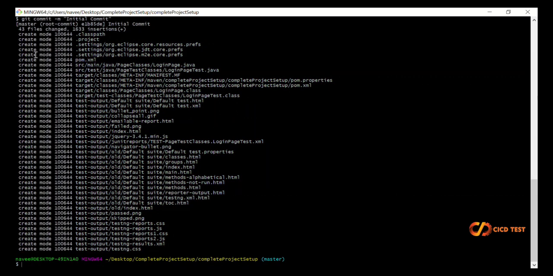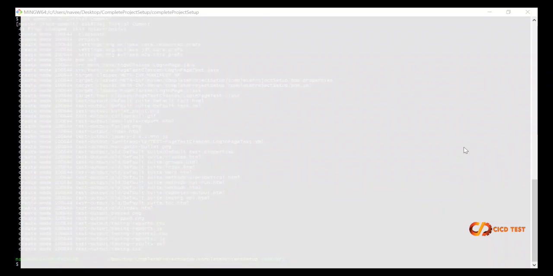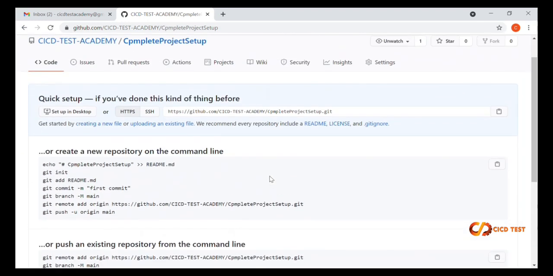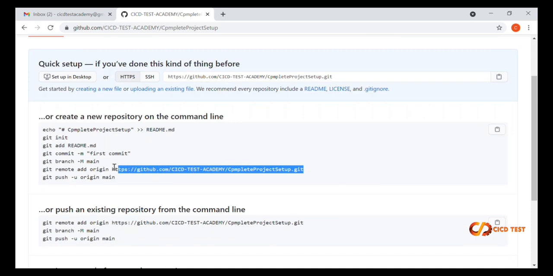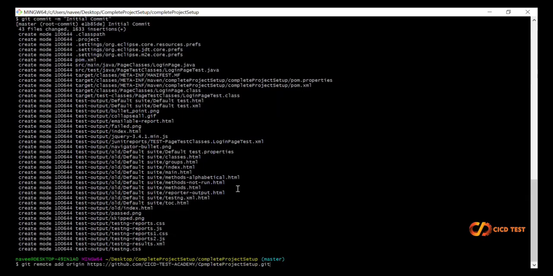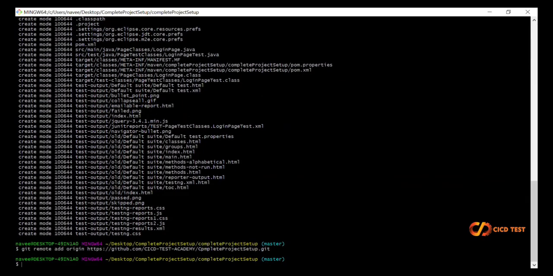So we have created our commit for 43 files and 1633 insertions. Now guys, we have to create a connection with our GitHub repo as well. For that, we are going to go to our GitHub repo and pick this particular git remote add origin command. We are going to copy this and paste it in our CLI,